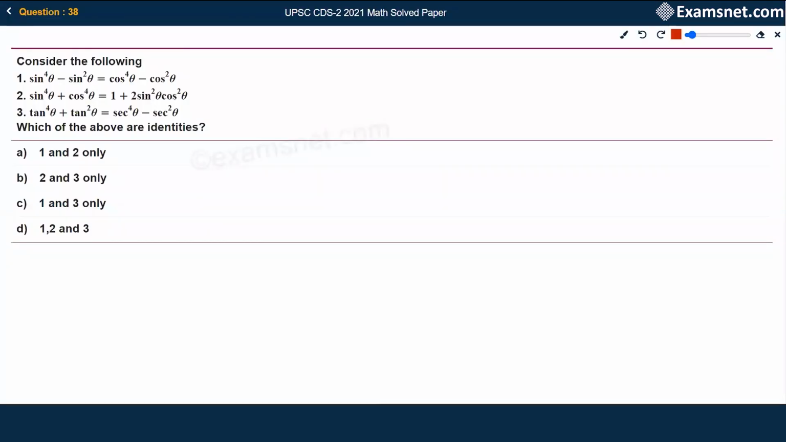In question number 38, it is given: consider the following. There are 3 different statements, rather identities. Which of the above statements are true? We have to check that. The first one is